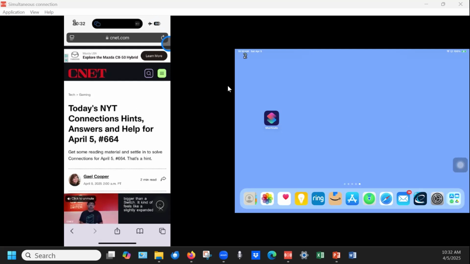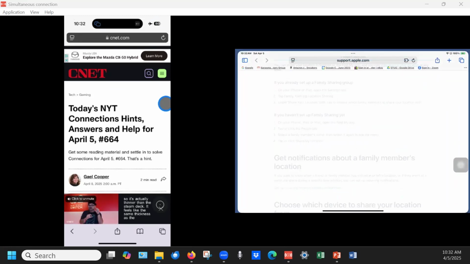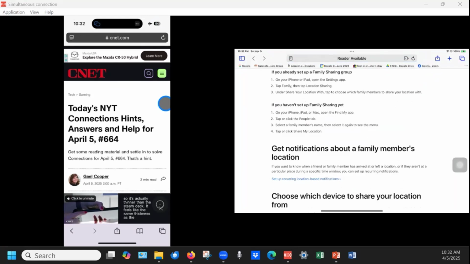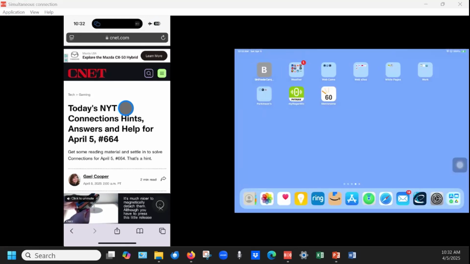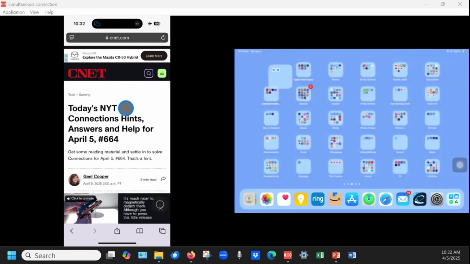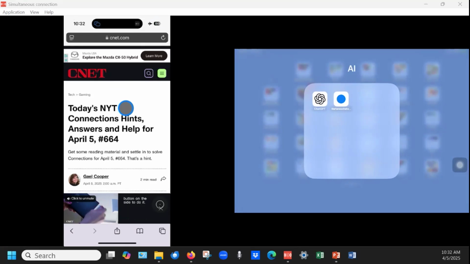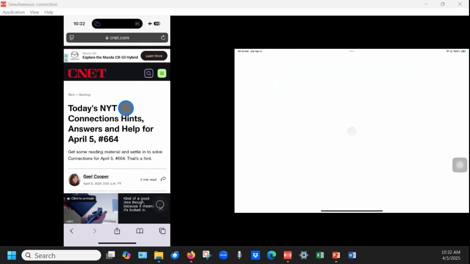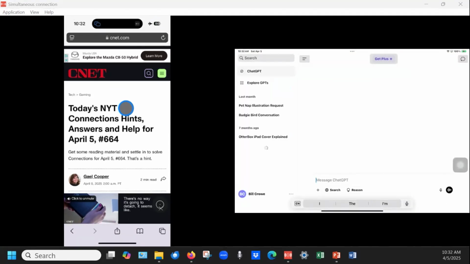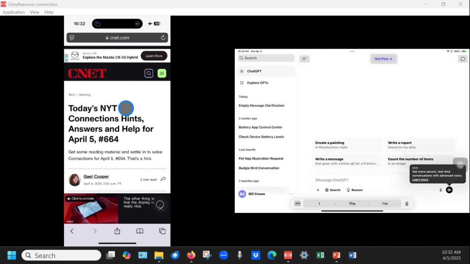If I bring up Safari on my iPad, and I think, oh, wait a minute. I have a Perplexity app. Nope, I have Chat GPT. I'm going to bring up Chat GPT and just ask Chat GPT,